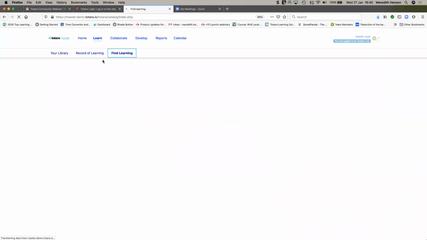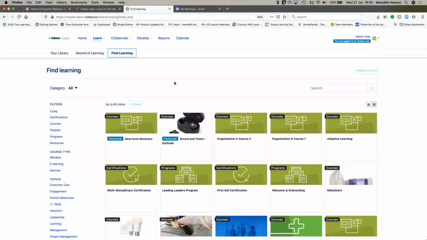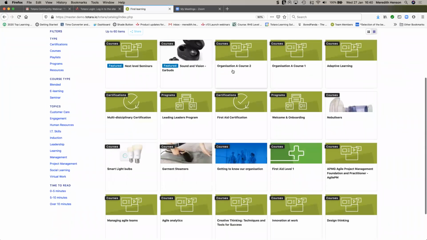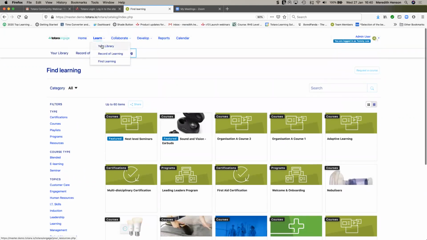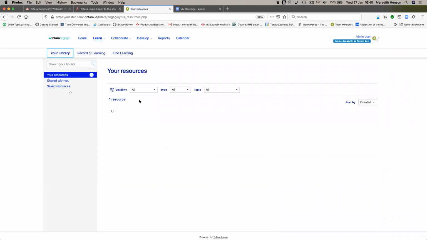When I go and log in to find learning here as Tommy, you'll see that I don't have those Organisation B courses listed here in the catalogue. I only have my organisation courses as well as those shared courses. If I go into my library and create a resource,